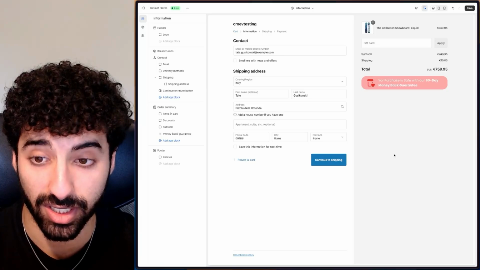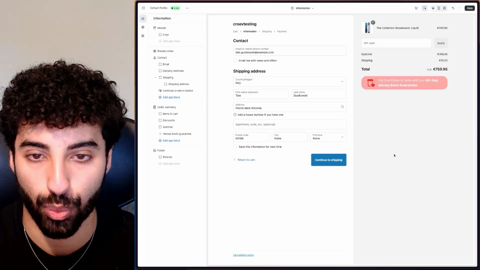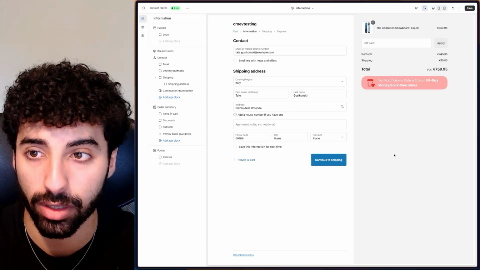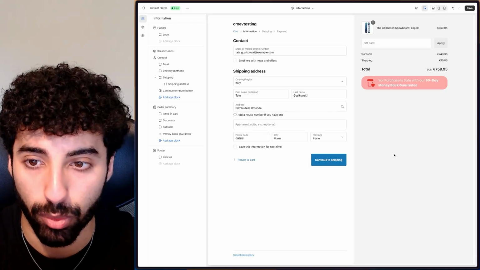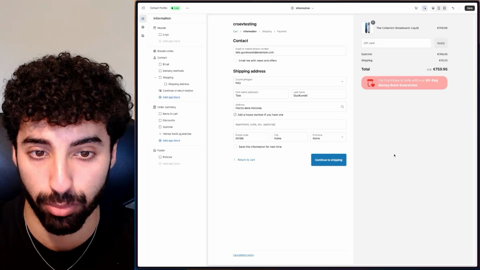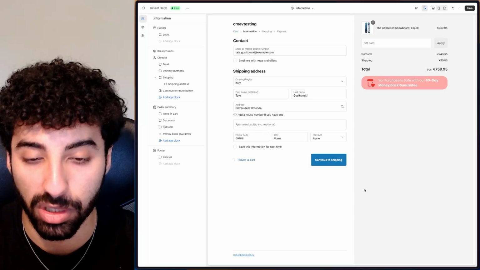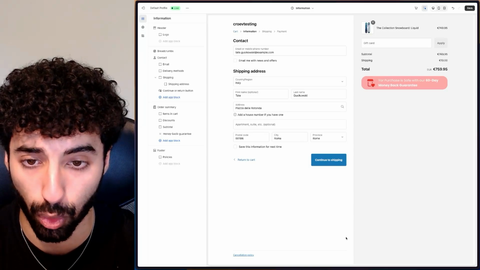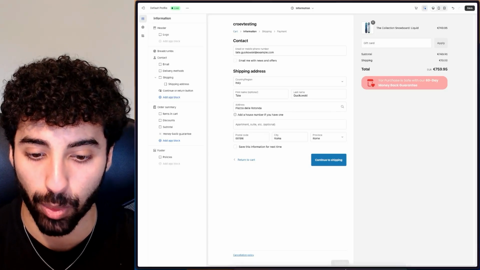So now that we've successfully developed our extension, have the app ready and have the extension ready, and we've seen it on the development store here, and it looks exactly how we want. Now we want it on our actual store, on our main brand store, from the development store. How do we do that? To do that, you need to deploy your app. How do you deploy an app to be able to actually use it on your main brand store? What you need to do is